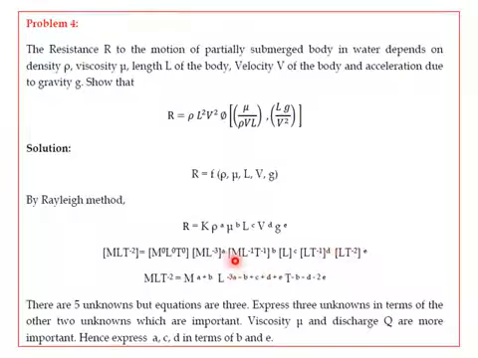Okay, so for T it is T minus B minus D and minus 2E. So now we can say that A, B, C, D, E, there are 5 unknowns, equations are only 3. So we have to express these 3 unknowns in terms of the other 2 unknowns, which are very important. In this case the viscosity is very important,